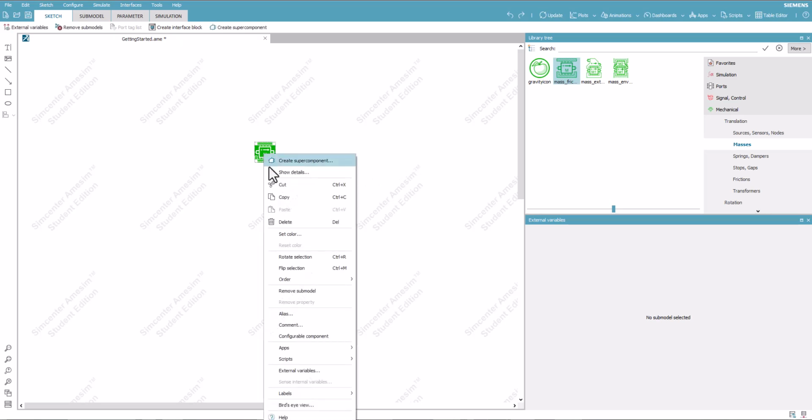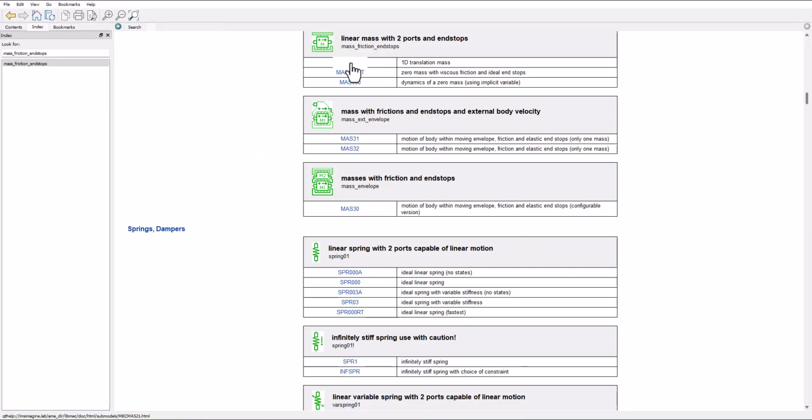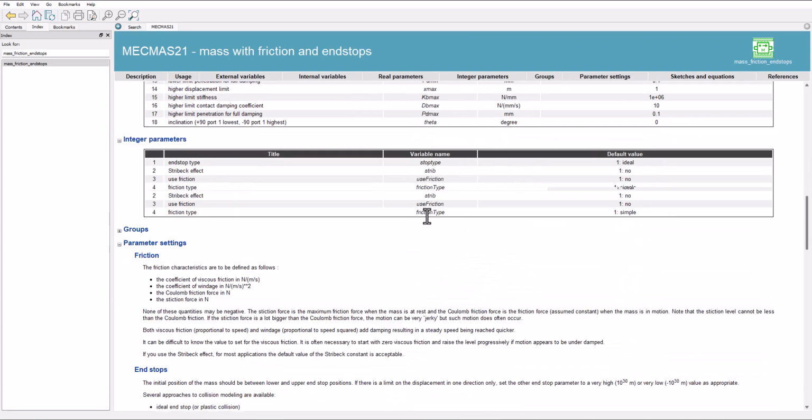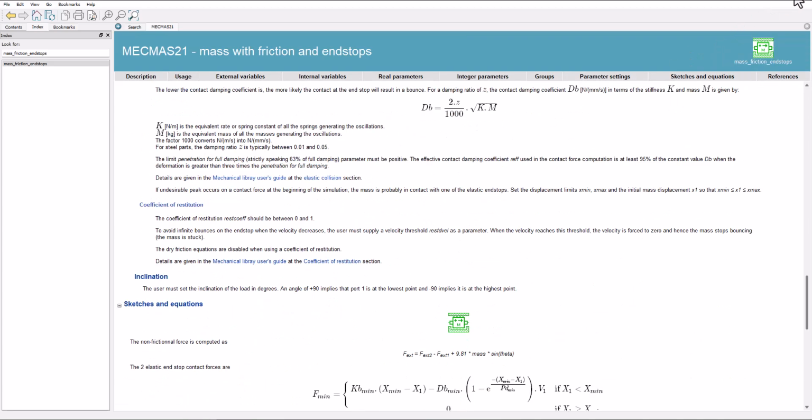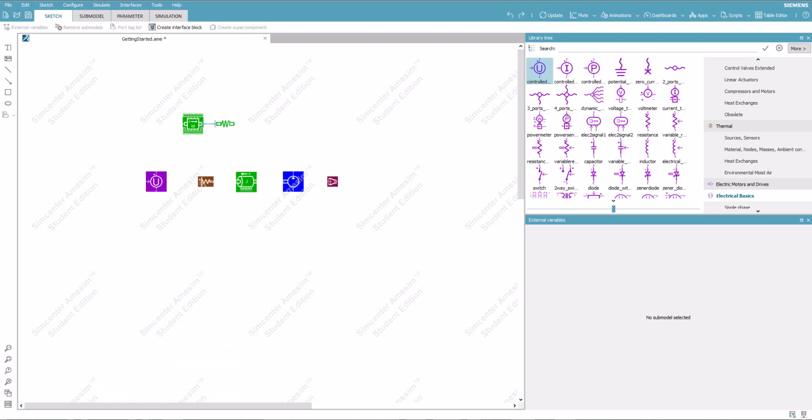Also, when right-clicking and selecting Help on the component, one can display the equations behind and other information regarding a respective submodel. One icon can only be connected to another if the outputs of one match the inputs of another and vice versa. This principle is known as causality and is the basis of which every AimSim model functions.